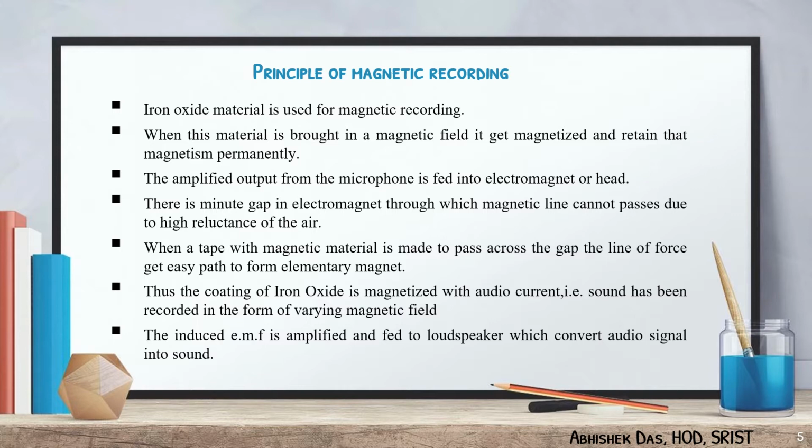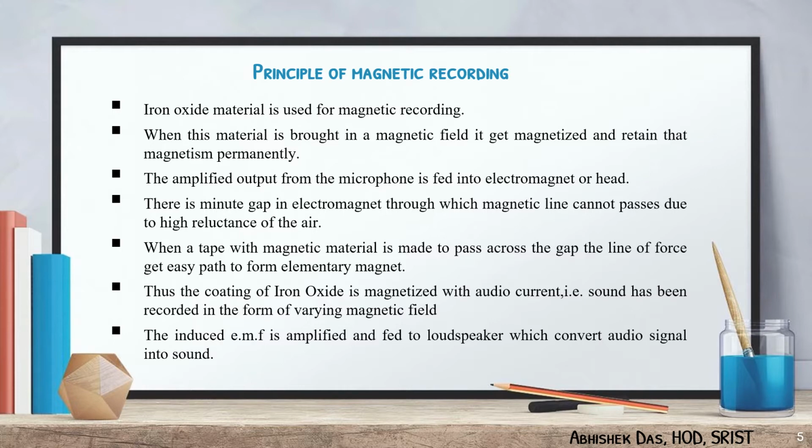Sound pressure is converted into electrical variation by the microphone. The audio output of the microphone is amplified and fed into the electromagnet, which is known as the head. There is a minute gap in the electromagnet through which magnetic lines cannot pass due to the high reluctance of air. When a tape with magnetic material is made to pass across the gap, the lines of force get an easy path